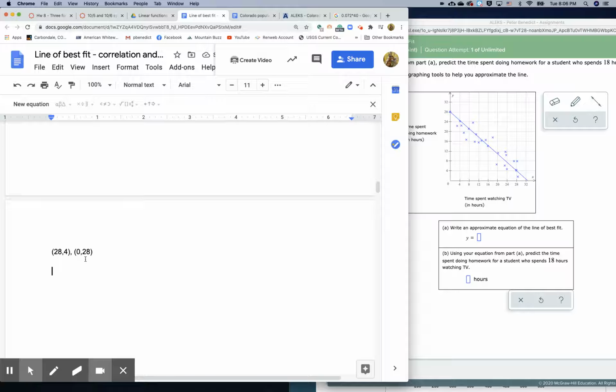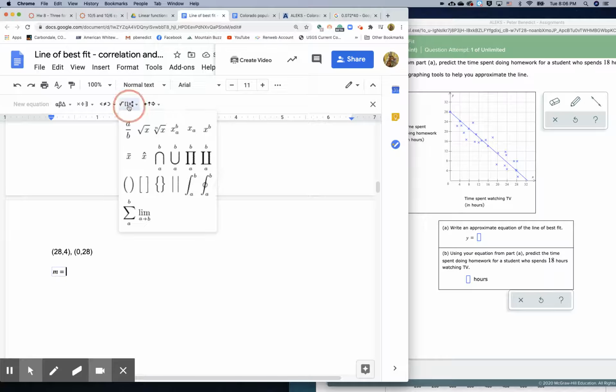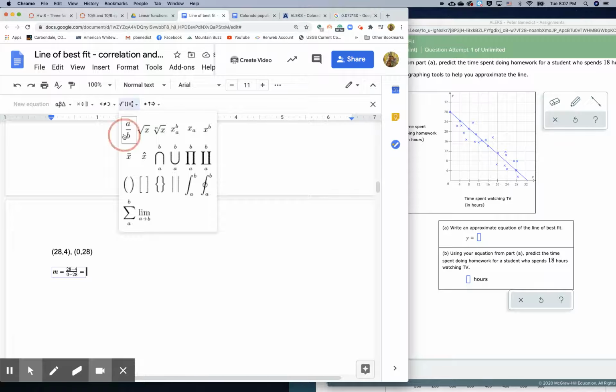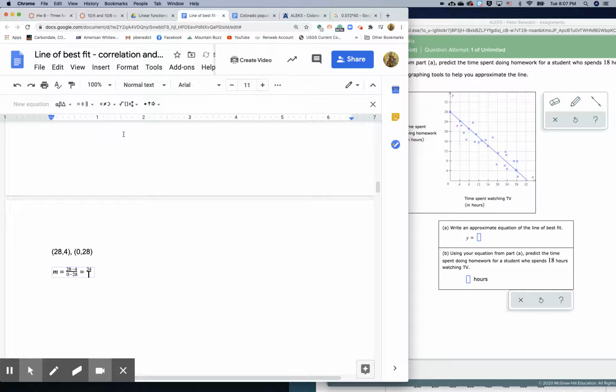So now I just need to find my slope, okay? So I have these two things. I'm going to insert my equation here, and I'm going to say m equals, and then put in this guy, 28 minus 4 over 0 minus 28, order matters, right? Which equals 24. Well, I'll put my little fraction thing in there. 24 divided by negative 28,